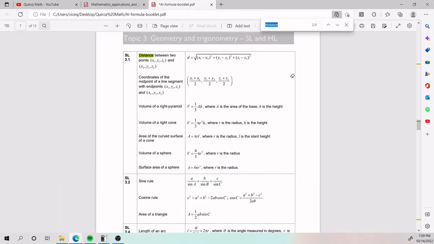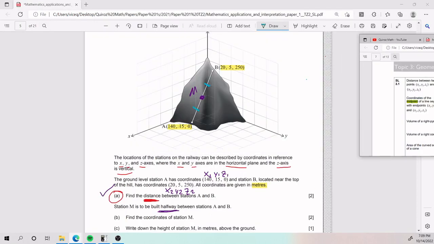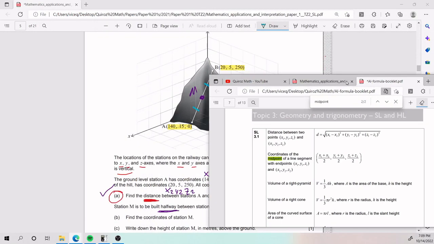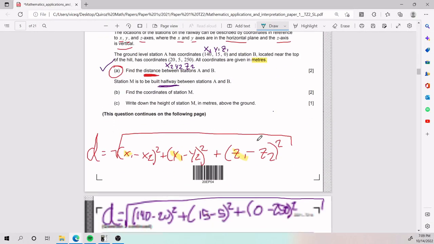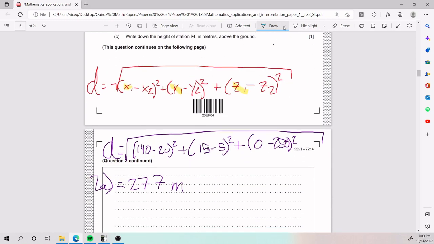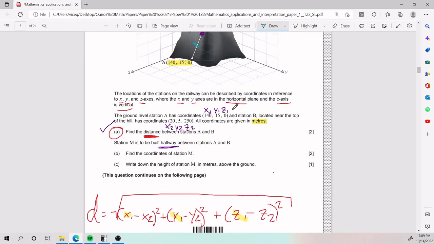Aha, we open up our formula booklet. Midpoint, where is this bad boy? It's right below it, ¿cierto? So that is the equation we will be using. Already identified what x1 and x2 is, y1, y2, z1, z2. So I'm just going to plug in. Should be pretty straightforward. So having that equation in mind, we will have x1